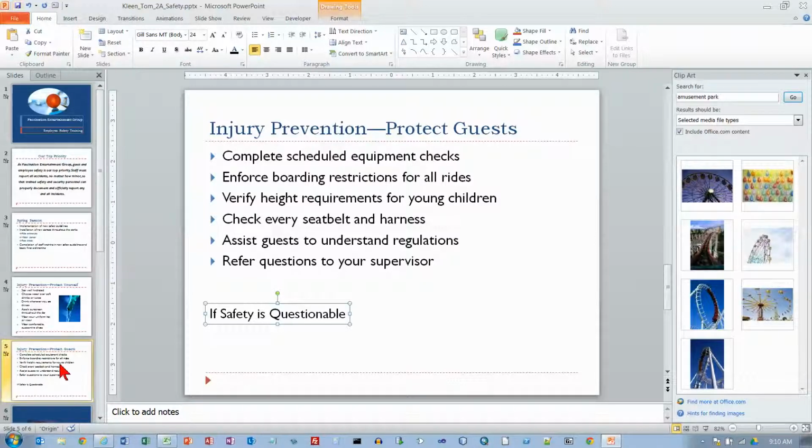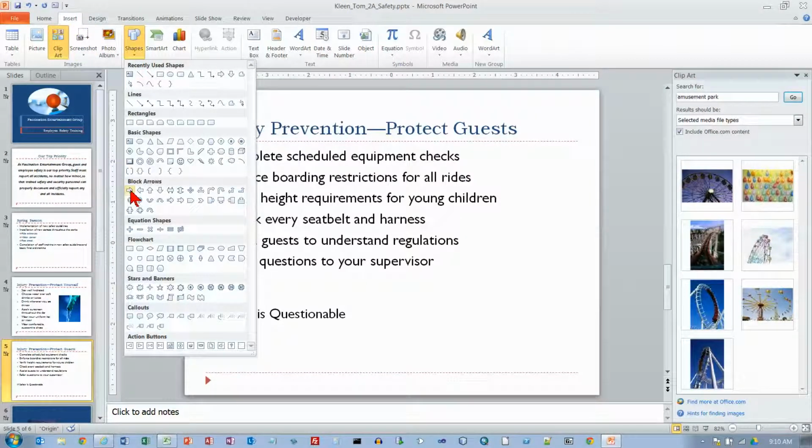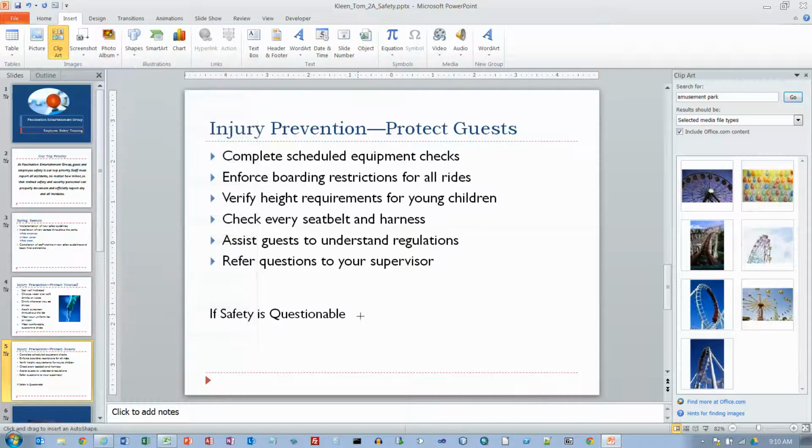And we're going to go to slide number 5, which is where we are from the last activity, and we want to insert a shape, and we want a right arrow. So let's go to Insert and Shapes, and let's go to Block Arrows, and the first one here is a right arrow, and then we want to draw on, let me see, 0 on the horizontal ruler, so about right there, and on the vertical ruler 1.5 below, so we're going to be about right there,